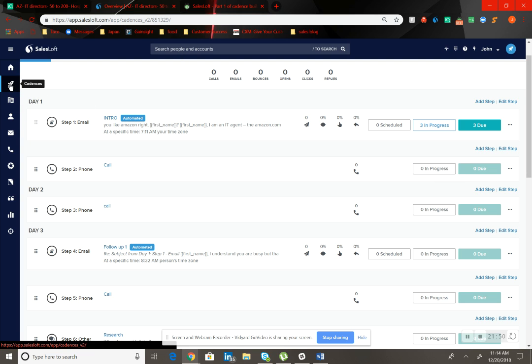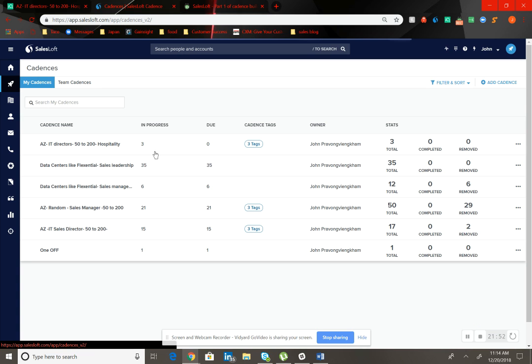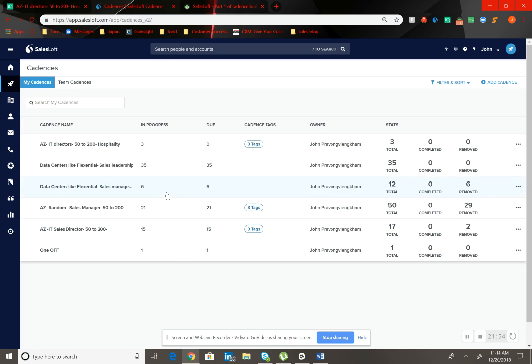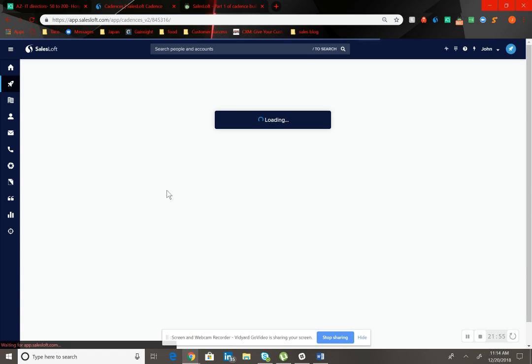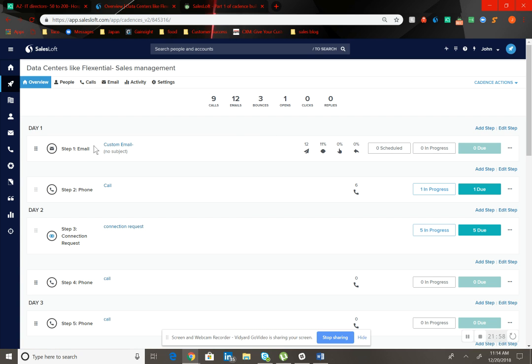Let's go to another cadence. We'll select this one. All right, so you can see I had a custom email step here. What happened is I finished the custom email step. It kicked them off into step 2, which is the call, and it'll look like this, you know, one process, one due. You're gonna want to hit one due. Actually, I'll pause this video. I'll stop this video here, and then we'll do